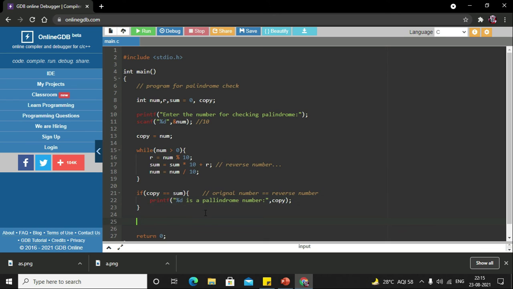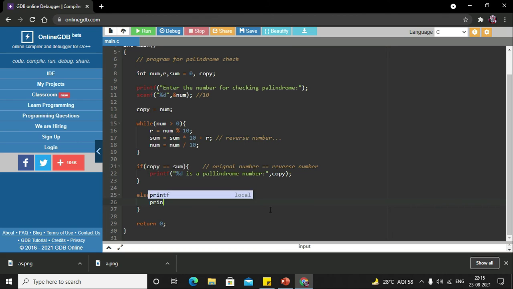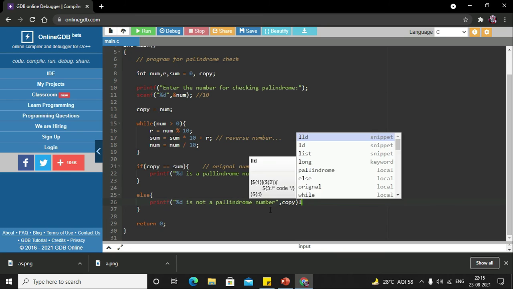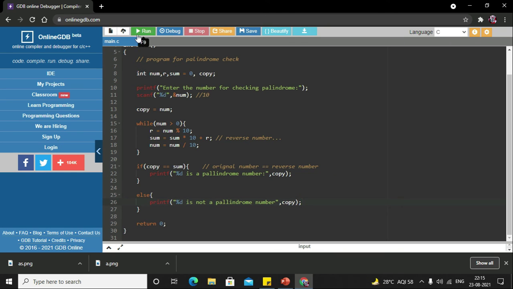Now in the else statement, what I'll be printing? Printf %d is not a palindrome number. So instead of %d, I'm going to print copy because my original number is in the copy only. So let me run the program.